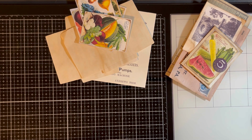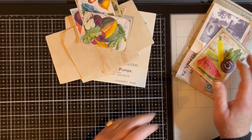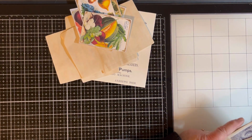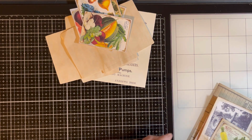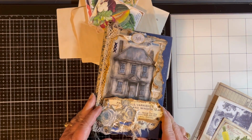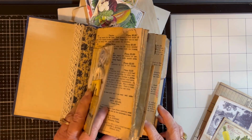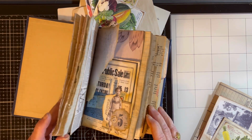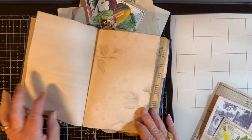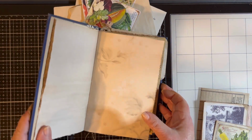Welcome back. We're going to do an episode of Wednesday Grunge Play, and I'm going to make some fun little seed packets. This is not going to be a really long video, but I was making some ephemera for my If Walls Could Talk Volume 2, the Old Farmhouse edition. And I was working on a page layout that was about planting, and I thought that I would turn on the camera and film my Wednesday Grunge Play because I think this